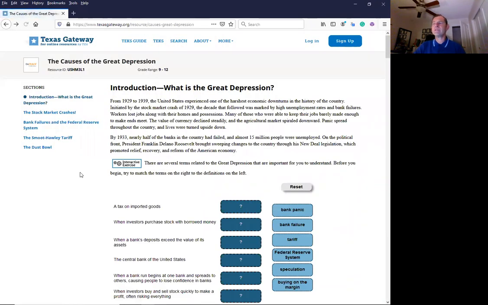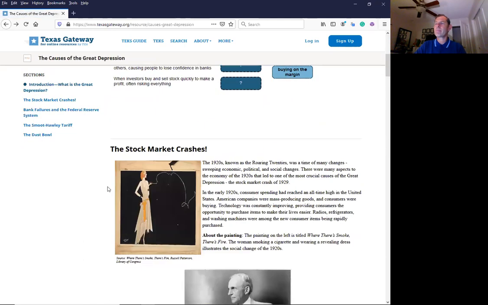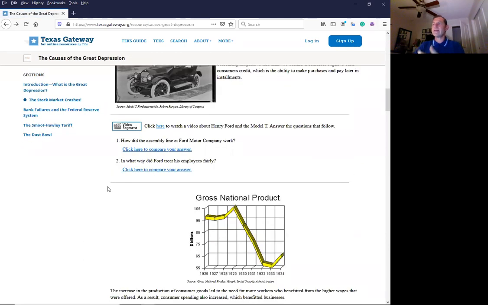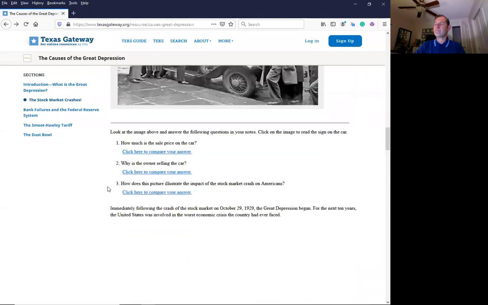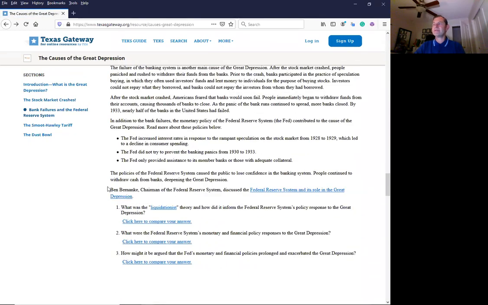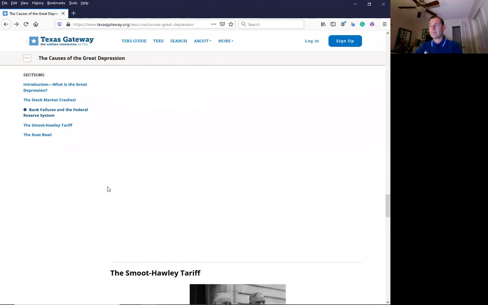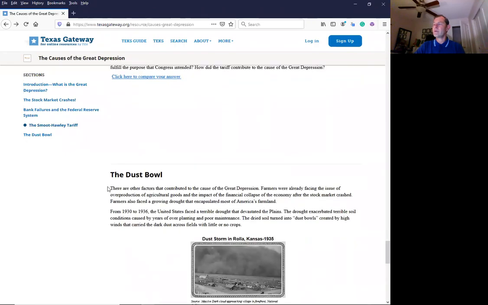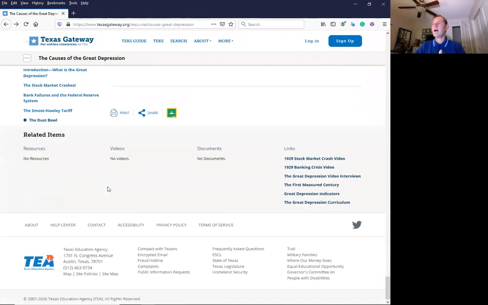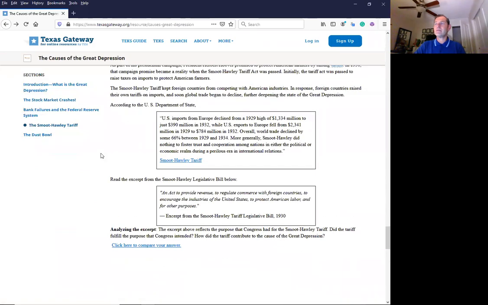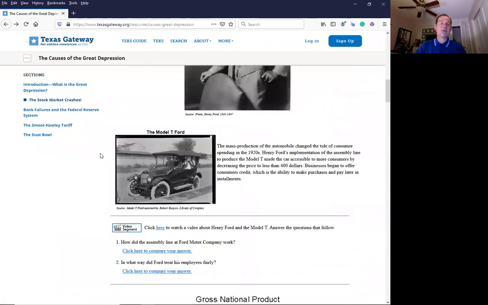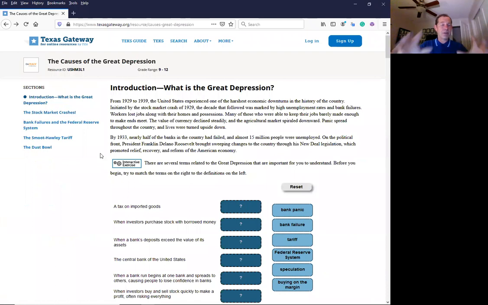So again, I'm just evaluating who's writing this, where is this coming from? And this seems to be an academic website, and so I may put more trust in this article than maybe some others. You know, if it was coming from bob.com, you know, Bob's opinions on the great causes of the Great Depression,